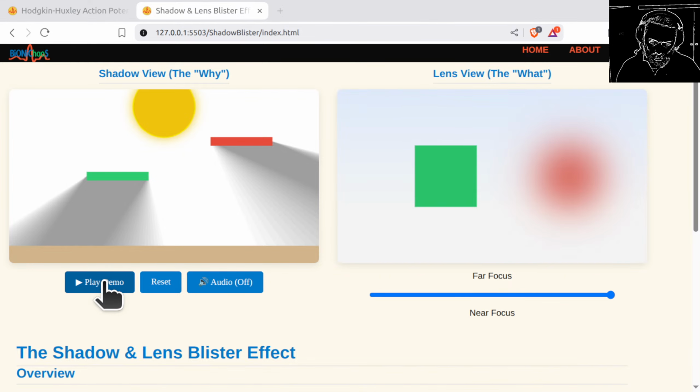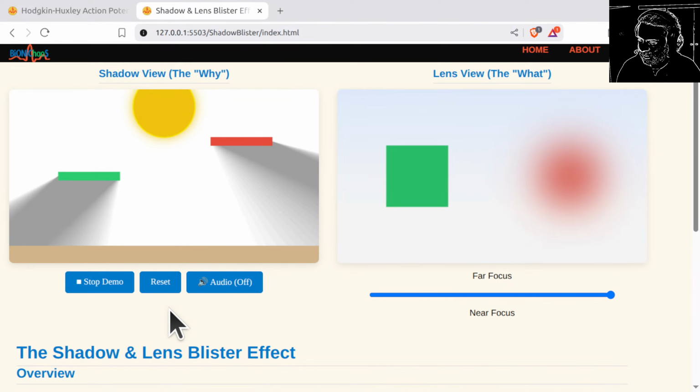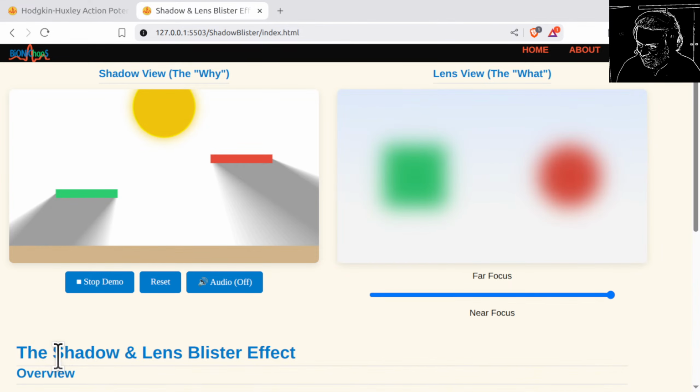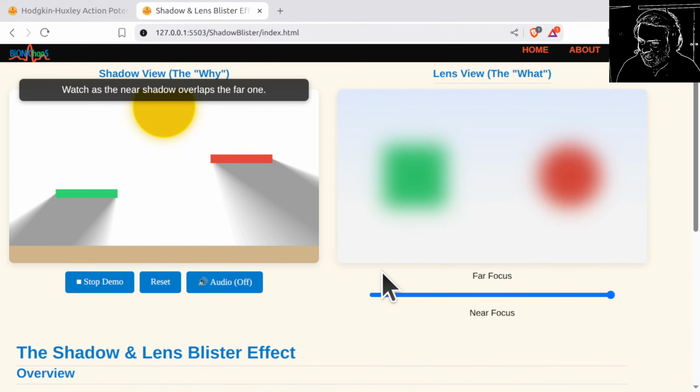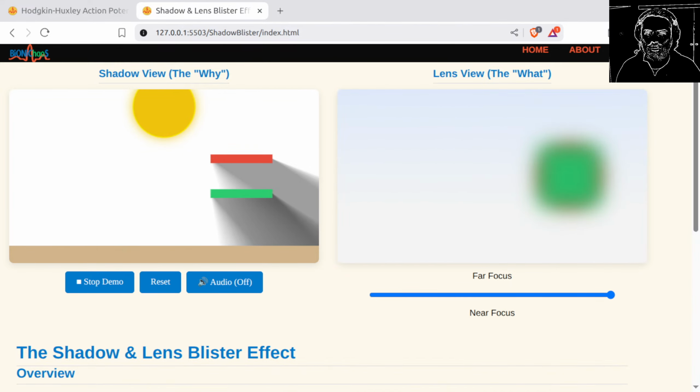Now we need to modify the play demo mode. We need to go over the play demo, making sure it's actually showing how the shadow blister effect actually works. So we need to make sure the demo mode, as the objects move around automatically, is optimized for showing the shadow blister effect. To optimize the play demo mode for showing the shadow blister effect, I'll adjust the demo steps